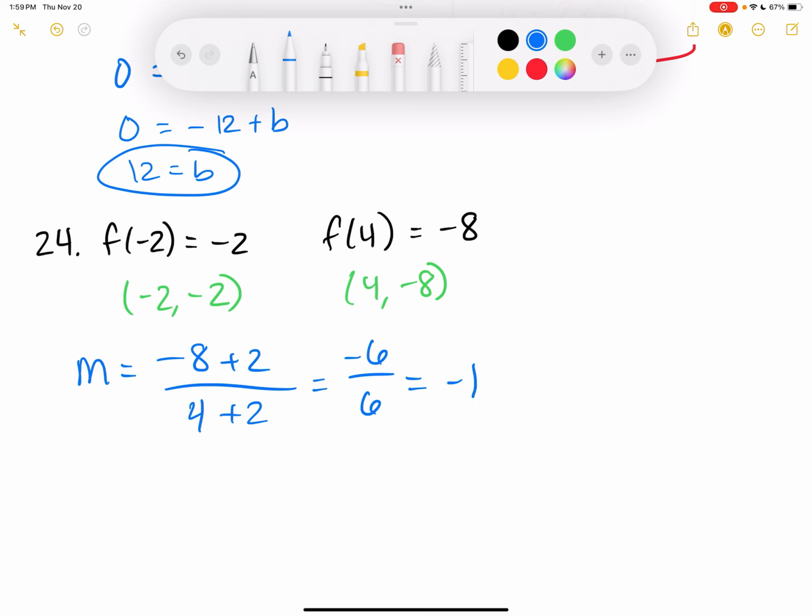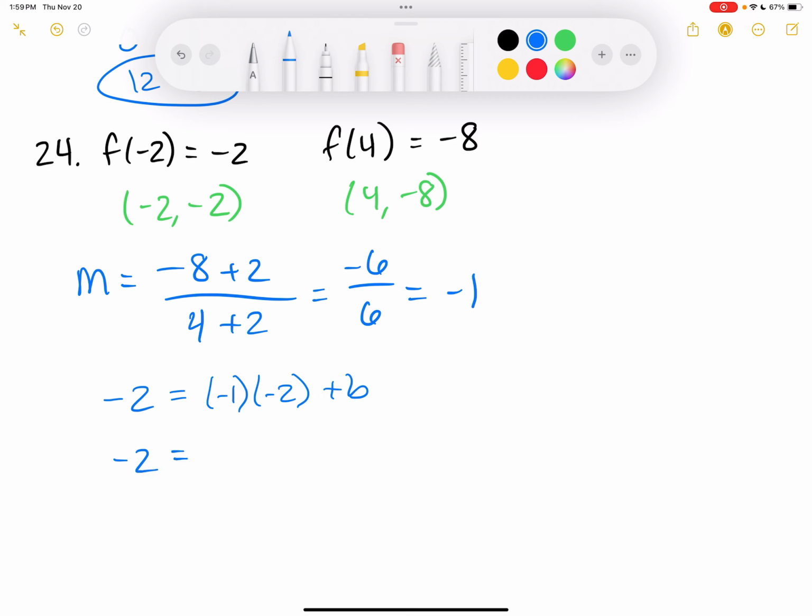Now, do you want to use the first one or the second one to find b? First one. So what do I write? Negative 2 equals negative 1 times negative 2 plus b. Negative 1 times negative 2 is positive 2. Sorry. Subtract 2 from both sides, so I get negative 4 equals b. So what's my equation? Y equals